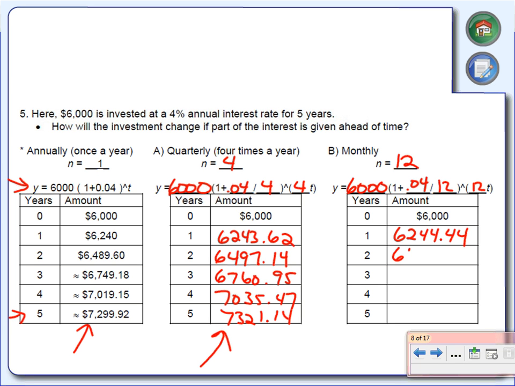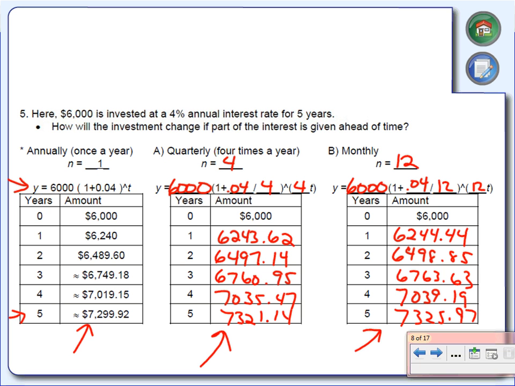Can I have Anna Rodriguez to the front, please? Okay, thank you. The next one is $6,485. Next one is $6,763.63. Then we have $7,039.19. And the last one, $7,325.97. So again, notice if you look at the very last one, after 5 years,